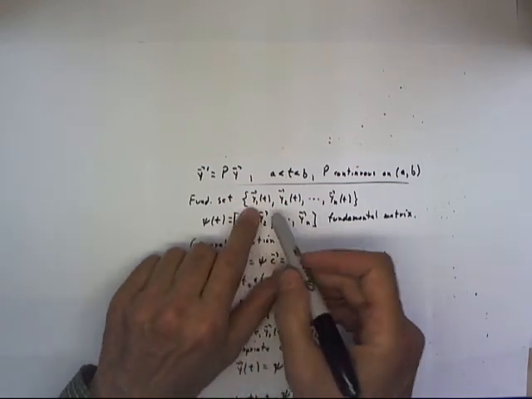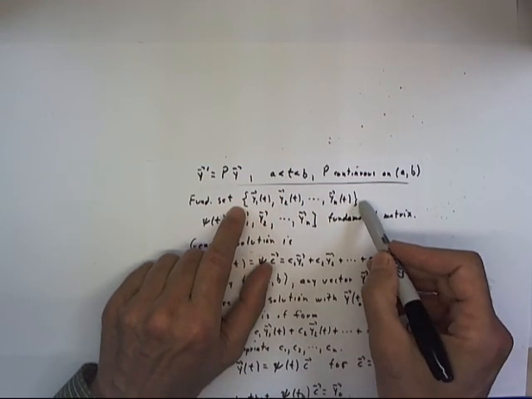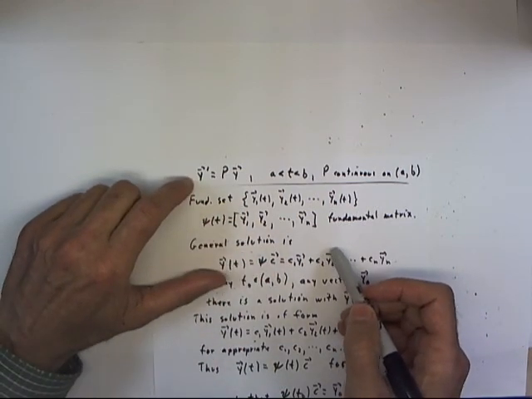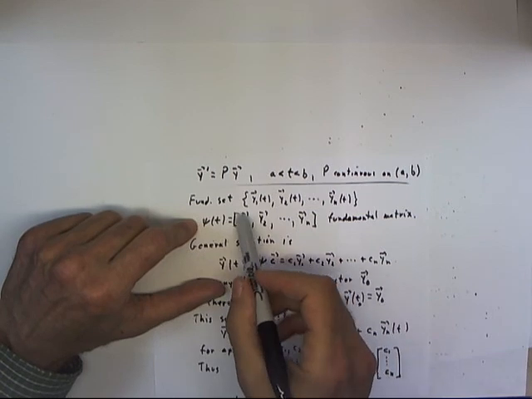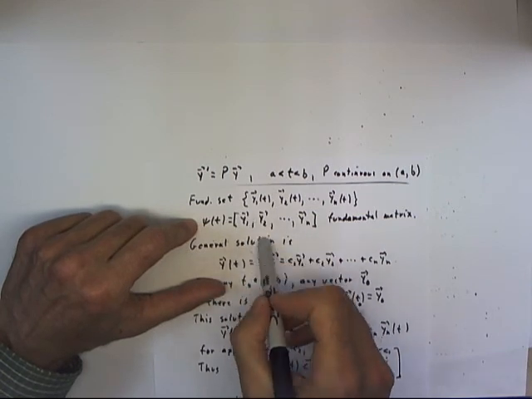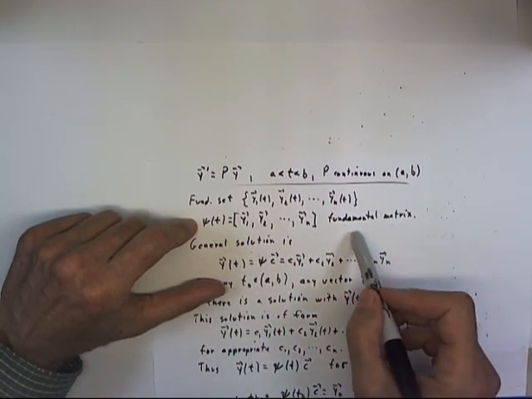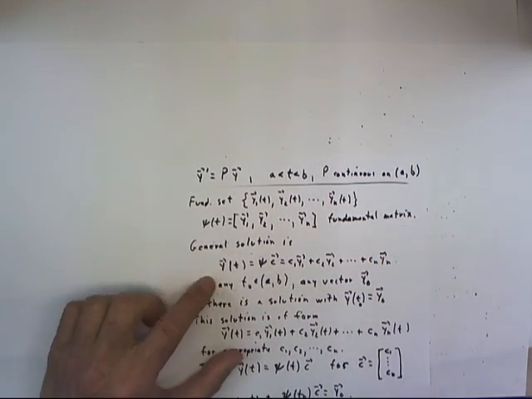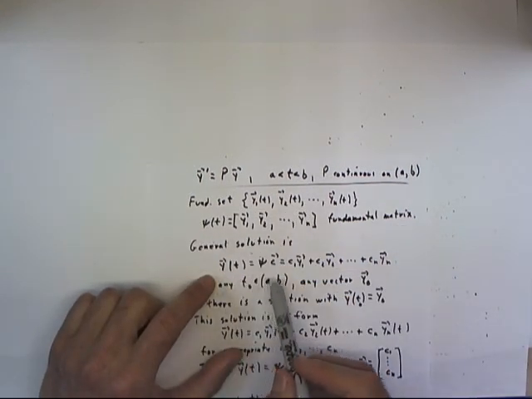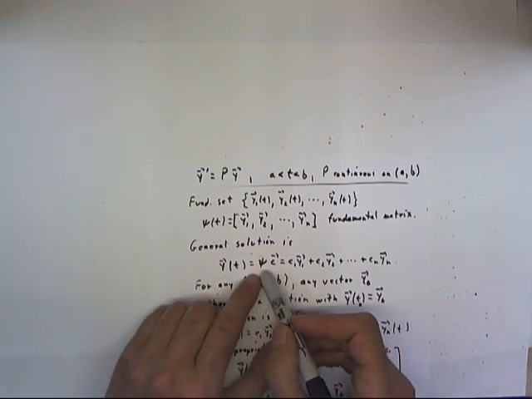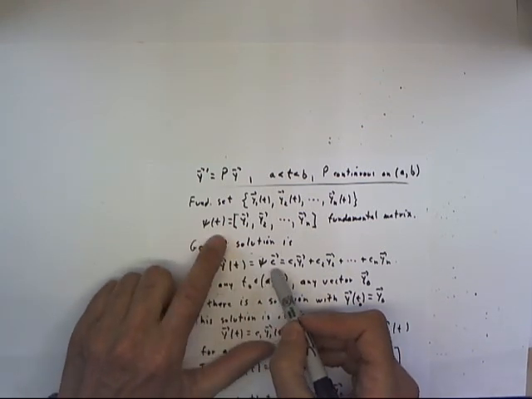Now let's let y1 through yn be a fundamental set of solutions, so that psi of t, the matrix consisting of the columns y1, y2 through yn, is a fundamental matrix. The general solution to the equation, y of t, can be written as psi times a c vector,